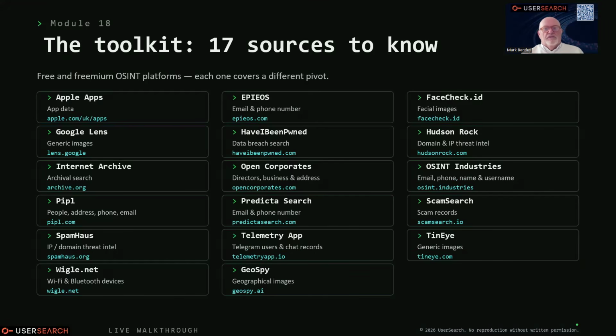Think about the sources that User Search is going to look at for this stuff, whether it's emails and Epios and Pipl and stuff like that, or whether it's TinEye and looking for images. Think about those. Really important. You're going to search on these within 20 seconds. You're going to search on all 8,000 within 2 minutes. It's insane. So for speed and brevity, time-critical investigations.